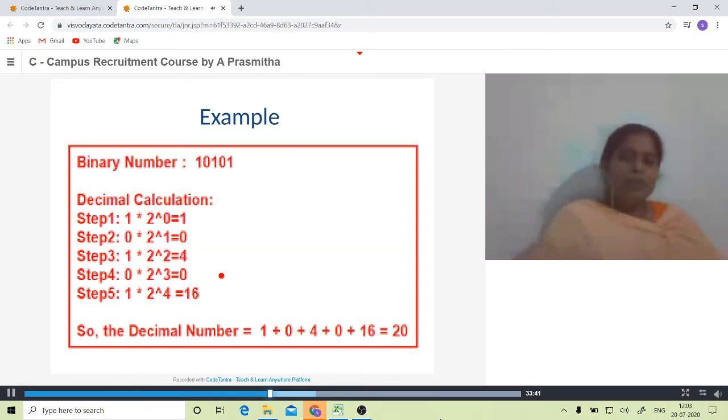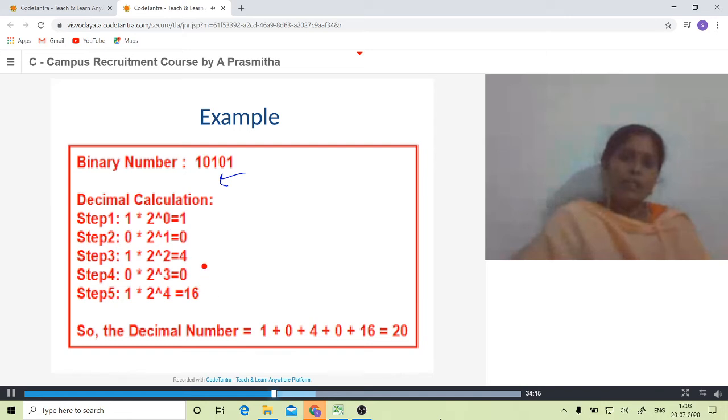Now we are going to see one more thing. So this is another example. 10101. So every digit from the right hand side till the left hand side, we are increasing the powers of 2, from 0 to 1 by 1. So first 1 into 2 power 0 is 1. 0 into 2 power 1 is 0. 1 into 2 square is 4. 0 into 2 cube is 0. 1 into 2 power 4 is 16.